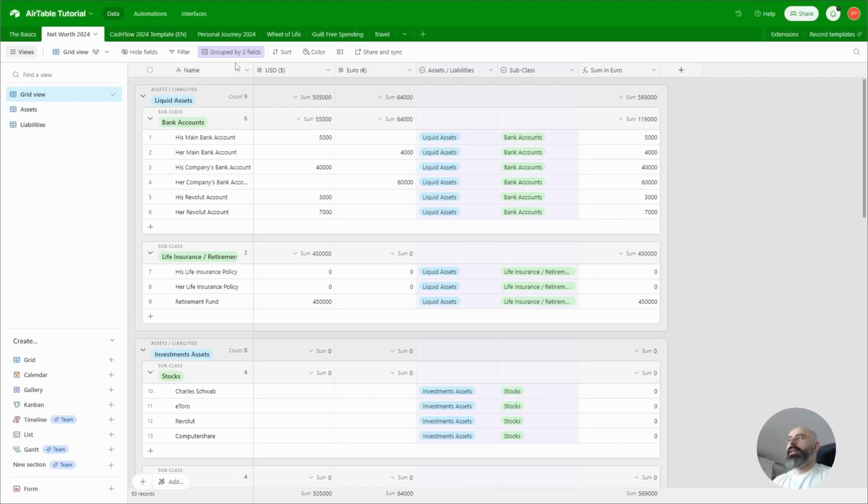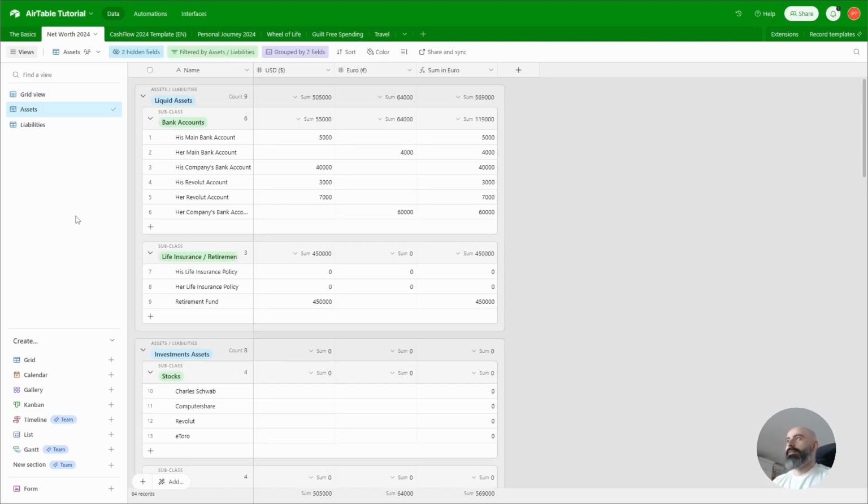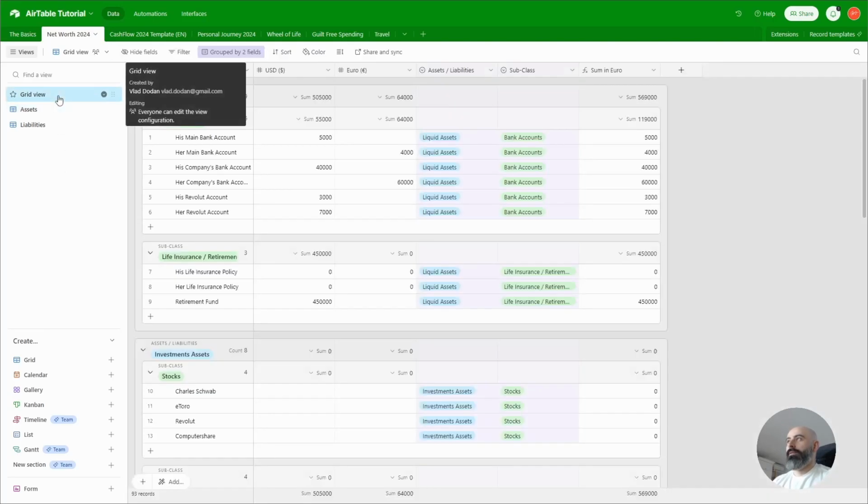And what did I do to get to this point? I have 1, 2, 3, 4, 5 rows with specific information that I can filter by. So now I have created here, I just click plus here for a grid, and I create a new grid, and it doesn't duplicate the information. It just lets me see it in a different way, because right now, if I go to assets, all I have differently